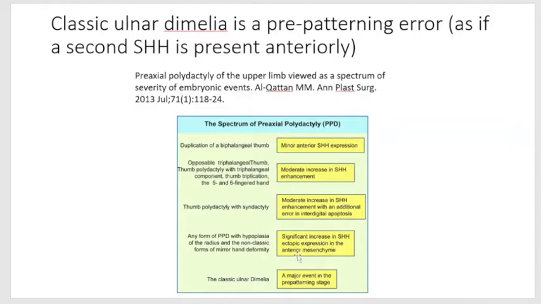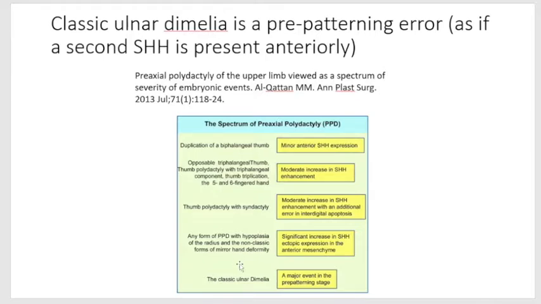And then when you have more than that, you get what we call the variants of the mirror hand, so non-classic. Now, in order to get a true classic mirror hand, experimentally, you really have to have a problem with pre-patterning, as if you are putting another zone of polarizing activity on the anterior side. So this pathogenesis of classic ulnar dimelia is actually different from all the other types, including the non-classic mirror hand. So I personally believe